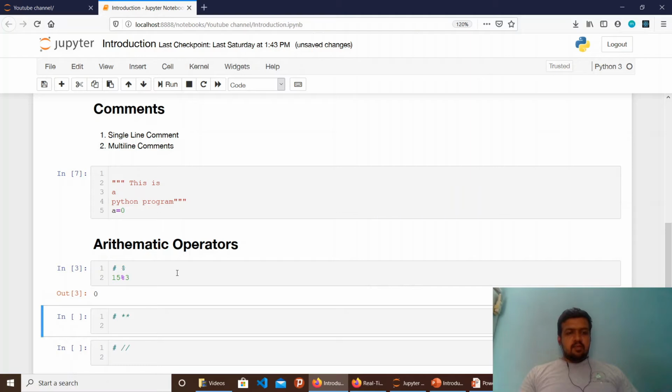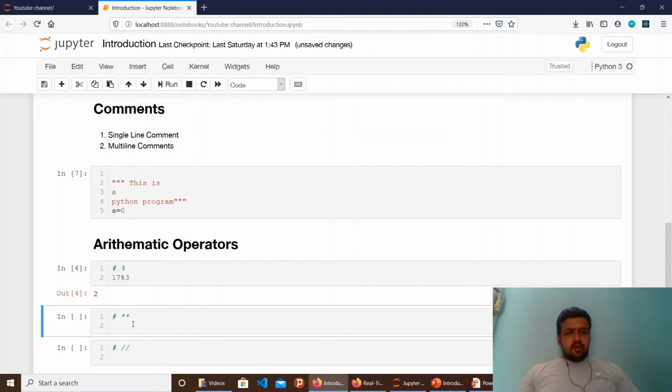It will show a value 0. So it is showing me the remainder for this expression. 15 is divisible by 3, so we are getting a value of 0. Let's say I give a value of 17 and we get a value of 2 because 17 is not divisible by 3, and we get a remainder if we try to divide this.